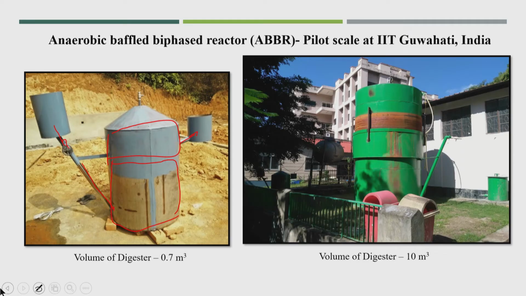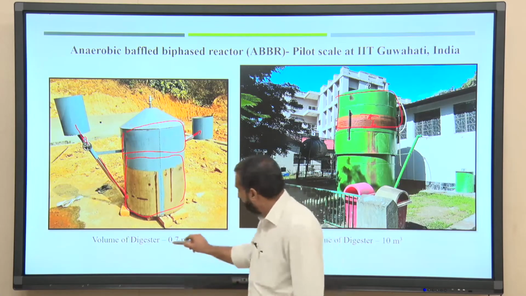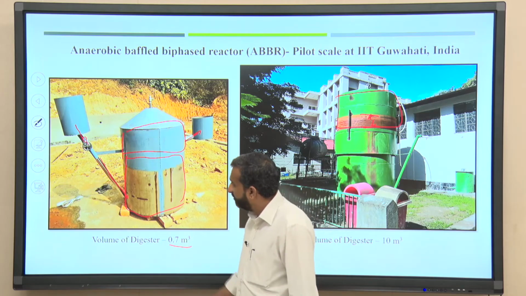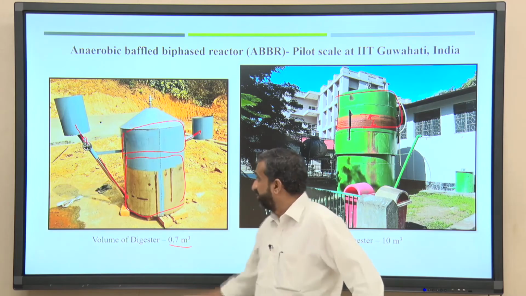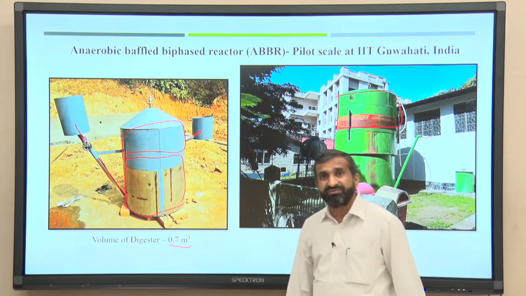So, this was the fixed one and this was the floating drum reactor. This is the floating drum. You will see here, this much rise was observed. Feeding was around 200 to 300 kg per day into a 10 meter cube reactor. When I talk about substrate addition, in the 0.7 meter cube they will be able to feed around 20 to 25 kg of food waste into the reactor. That is the major benefit.